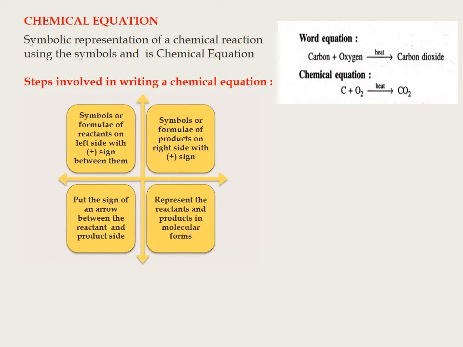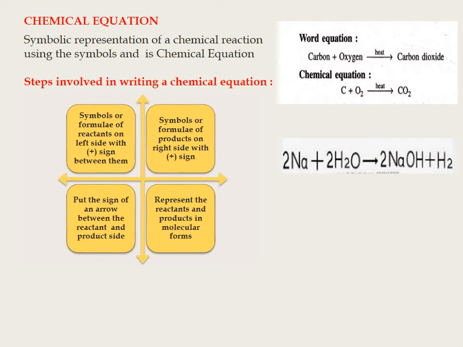Represent the reactants and products in their molecular forms because their atomic forms are usually neither stable nor capable of separate existence. Let's take the example of sodium. Sodium reacts with water to form sodium hydroxide plus hydrogen. It's 2Na plus 2H2O gives